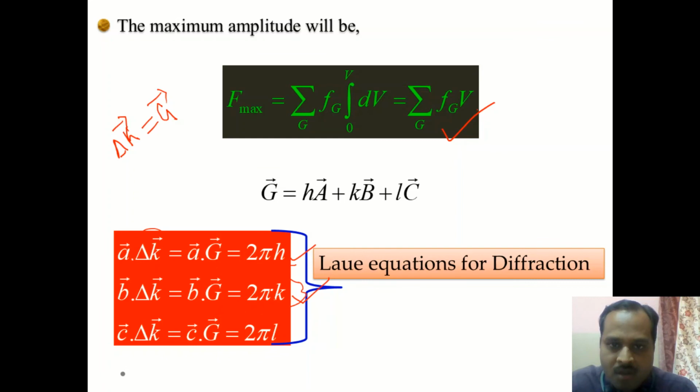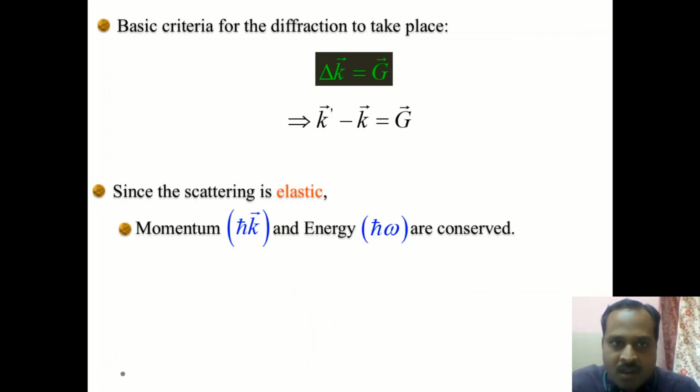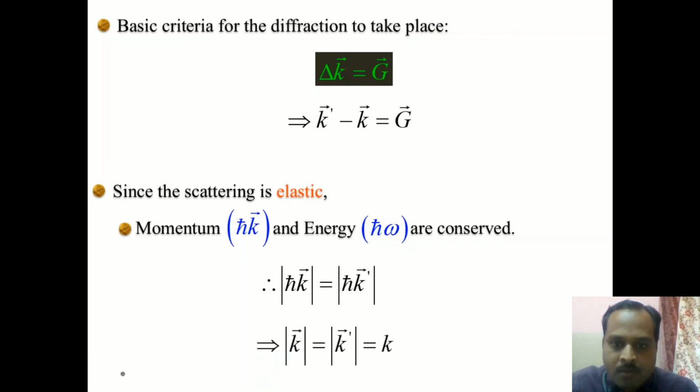A little bit more we can extrapolate, and we can also get the Laue condition for diffraction. Already we know that the basic criterion for the diffraction to take place is delta k equal to G. That means k prime minus k is equal to G. And since the scattering is elastic, the magnitudes of the vectors k and k prime are the same, which is equal to k. k is the magnitude of the wave vectors k and k prime. So from this relation, if you take the dot product of the same on the left hand side and the right hand side,